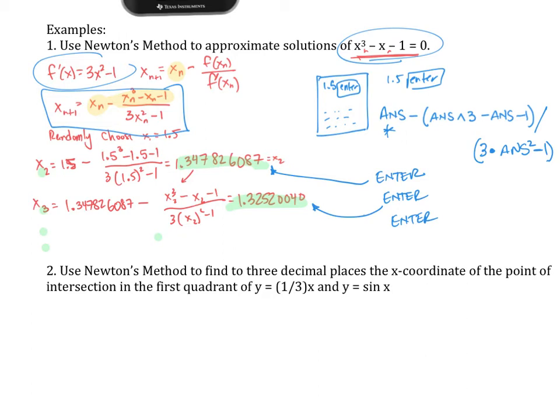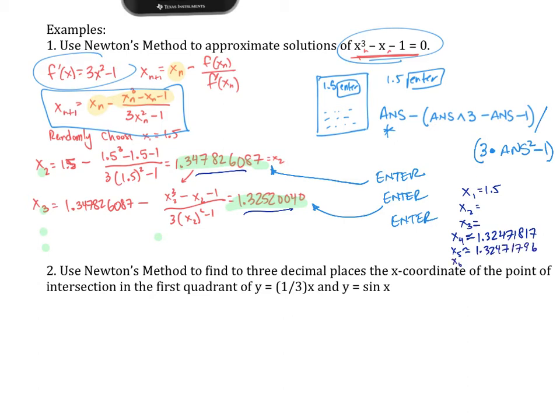So that meant you got, let's change the pen here a little bit, you got originally 1.5 for your x sub 1. That's what you guessed. Then x sub 2 came out to be this value right here. Then x sub 3 came out to be this value right here. Then x sub 4 is going to come out to be approximately 1.32471817. X sub 5 will be approximately 1.32